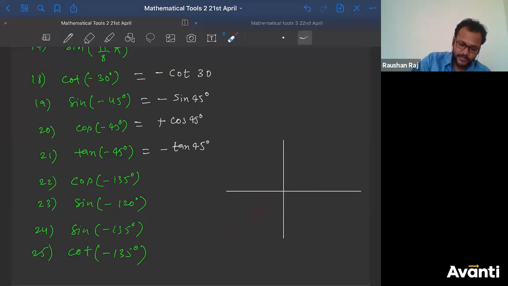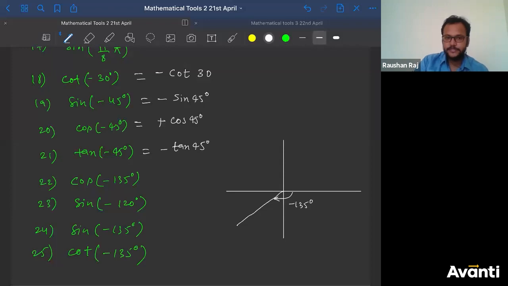Some such angle will come. Let me draw that. This is what? Minus 135. Okay. See, it will be like this, a very easy method. If these small angles are given to you in terms of 135 or something of this sort, to avoid any confusion, try to find the positive angle. It will become easy. Then you do not have to keep the minus in mind. There are a few other methods also, but I'll ask you to avoid this confusion. If you know this angle is 135 degrees here, what will be the positive angle? That means the positive angle is this one, right? I can say the angle made by this as minus 135 also. I can say it in terms of positive.